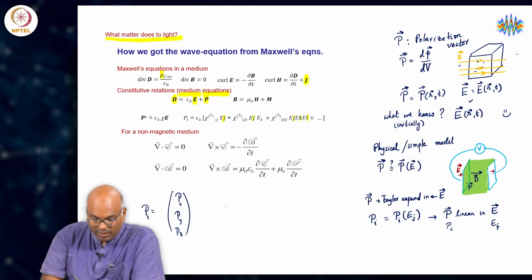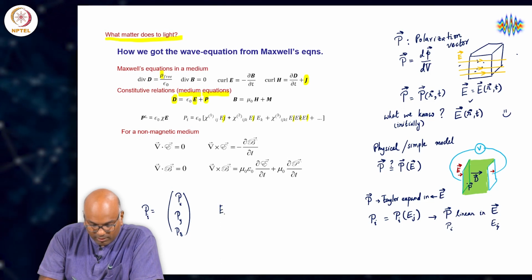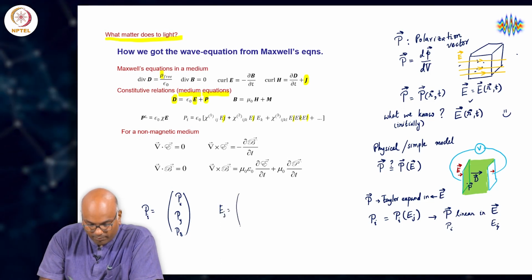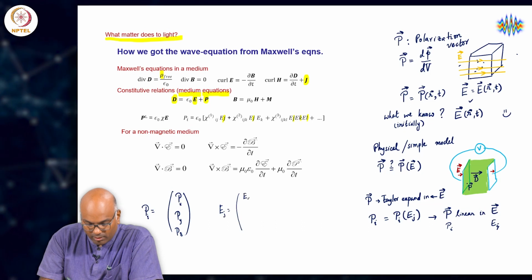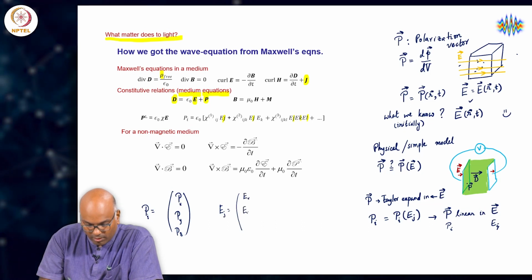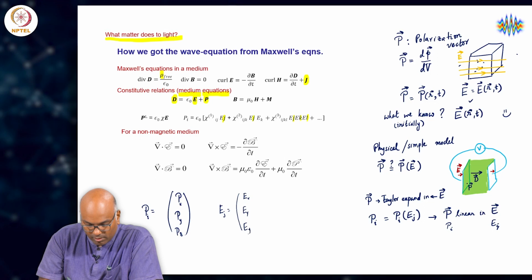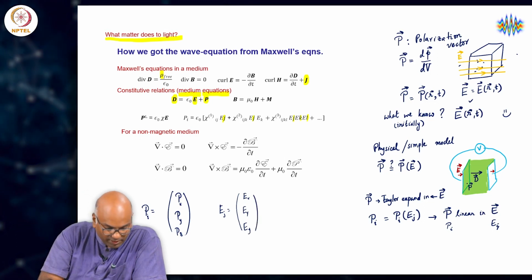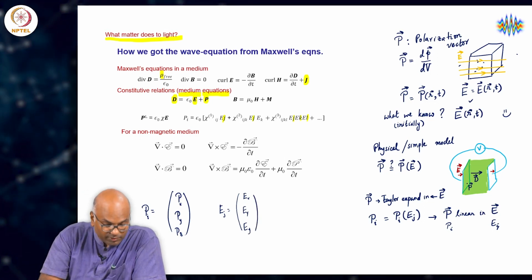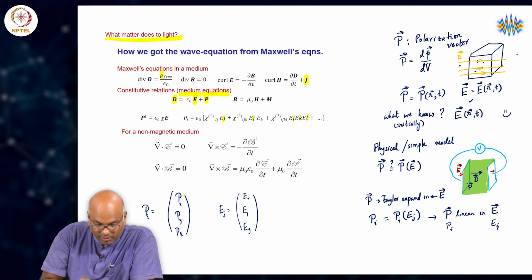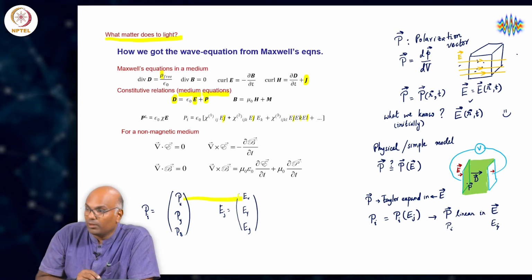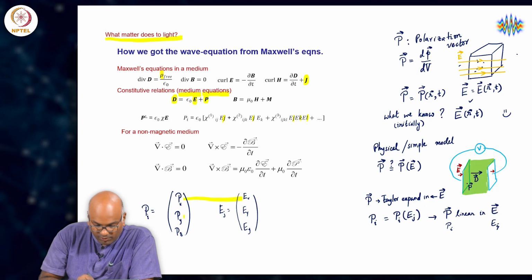I can make an even further simplifying assumption, and it is an assumption which needs justification, that Px depends only on Ex, Py depends only on Ey,